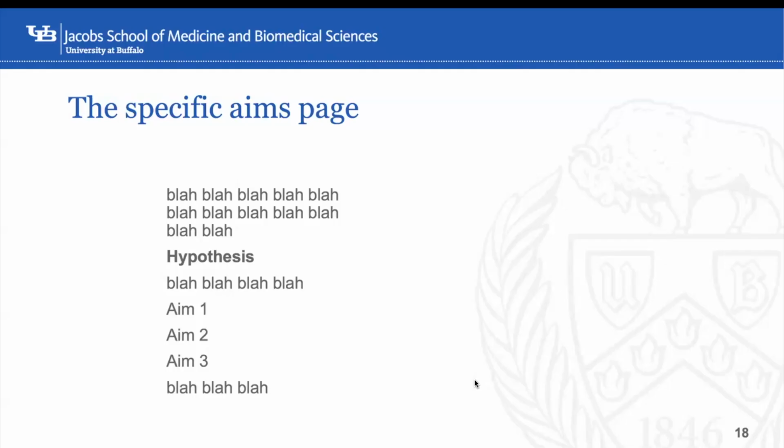So if you think about that, basically in looking at an aims page, it should be pretty simple. You have some preamble, you have that question, and then you have a way you're going to achieve that, right? So that's why most aims pages, if not all, look the same. They have a couple of paragraphs that set things up. They have a hypothesis or central question, and they have aim one, aim two, aim three, or aim one, aim two, and then a general statement at the end. They all look very, very similar.